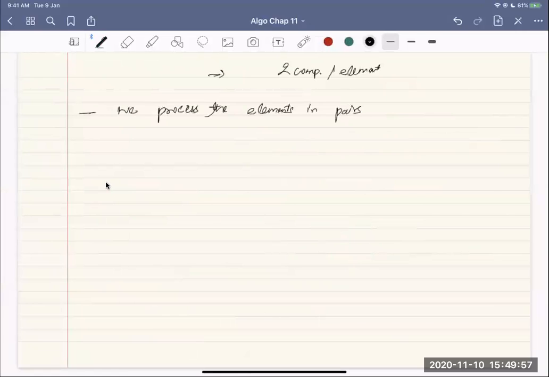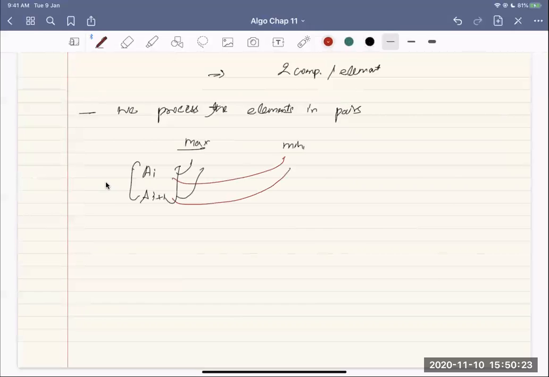So what does that mean? You see, I know what is the max and min till now. So I know this is my max element till now, this is my min element. And now you see I have next two elements, say A_i and A_i plus 1. And in the naive algorithm, what I will do, I'll compare A_i with max and compare A_i plus 1 with max and update if needed. Similarly, I'll compare A_i with min and A_i plus 1 with min. Right? So there are four comparisons